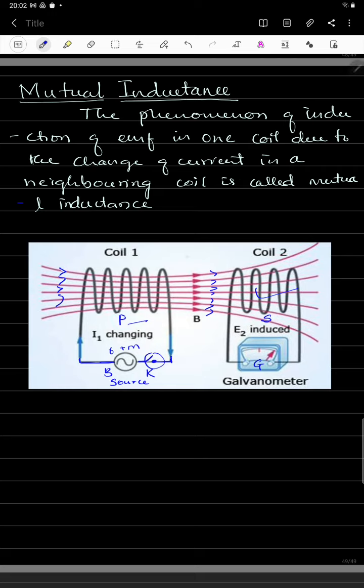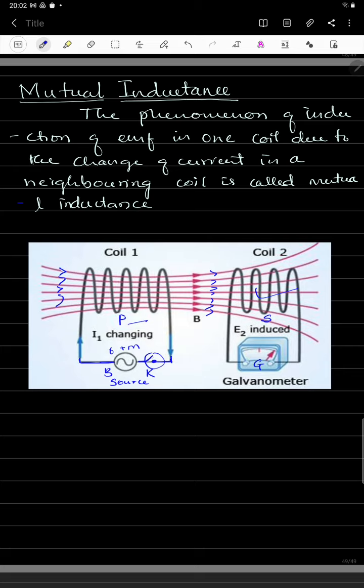If you took only this part, then we can call that self inductance, and here you will get the opposition followed by the induced EMF in the secondary coil. But that does not matter here. The only thing is that we are going to find the magnetically induced EMF through the secondary coil.